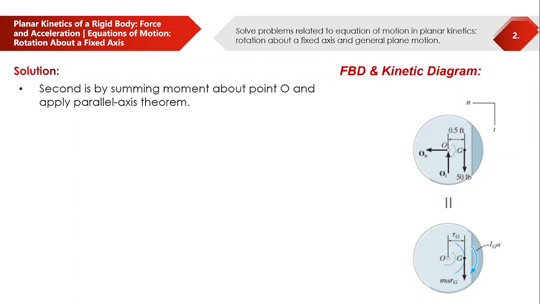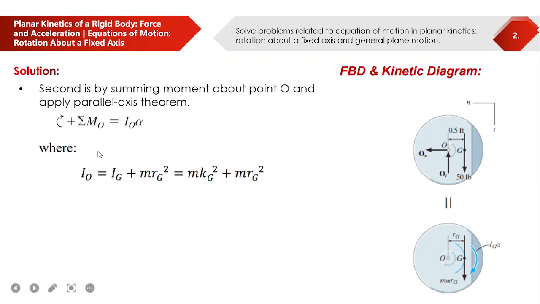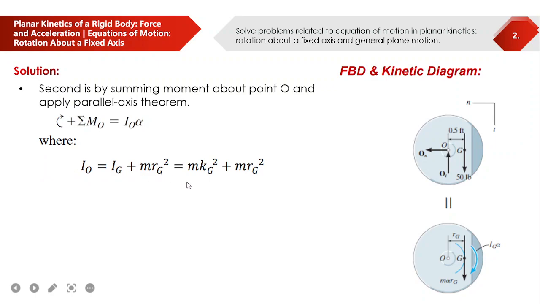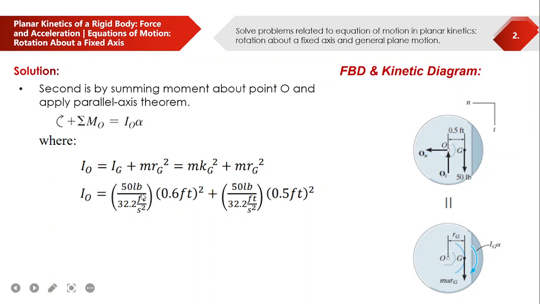So how do we apply this on this problem? The summation of all the moments at point O is equal to I sub O times alpha, where I sub O is I sub G plus m r sub G squared, and I sub G is m k sub G squared. So I sub O is equal to 50 pounds over 32.2, which is your mass, times 0.6 feet squared, this is your I sub G, plus mass 50 pounds over 32.2 feet per second squared times r sub G, that will be 0.5 squared. Therefore, your I sub O is equal to